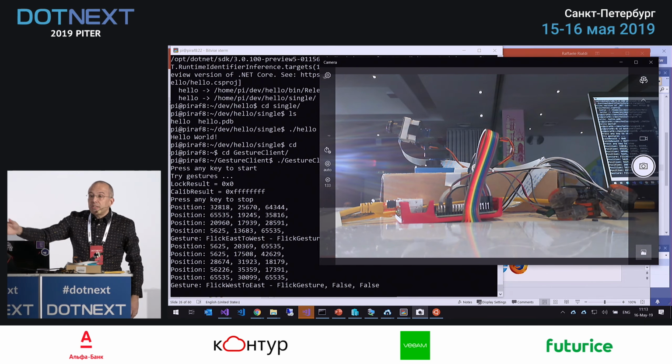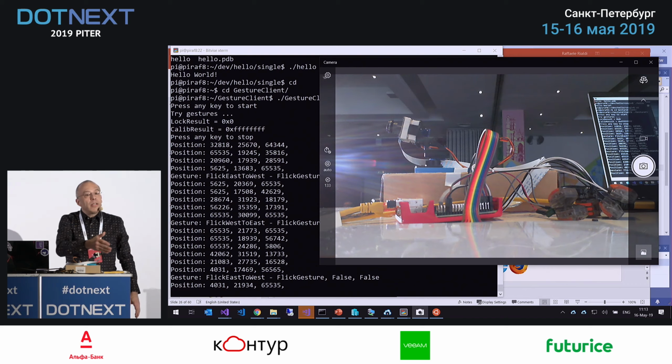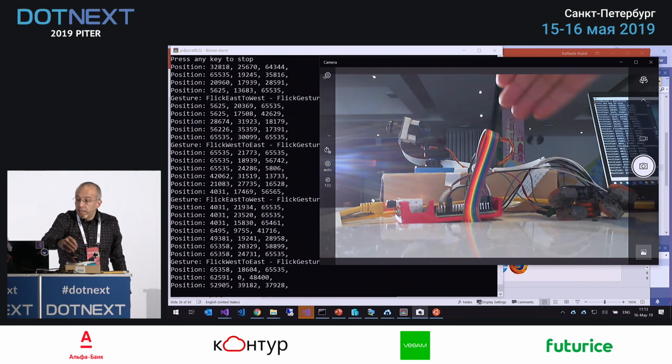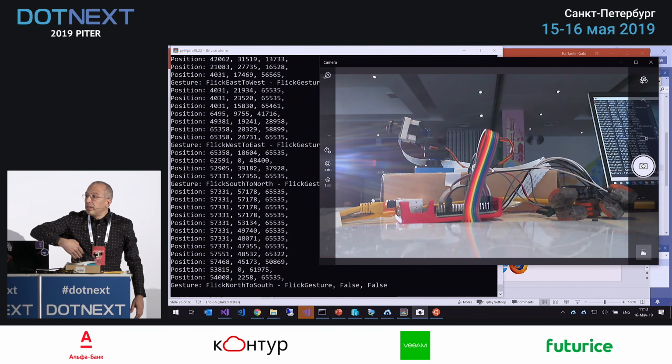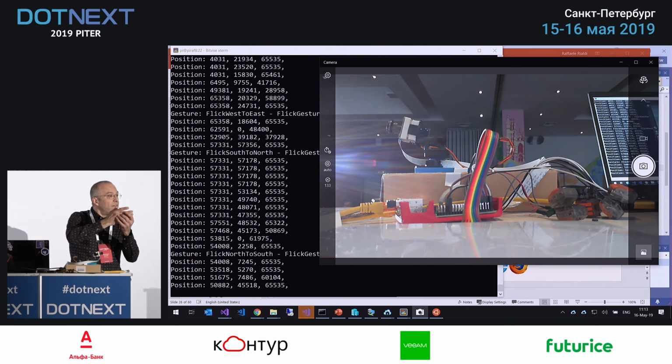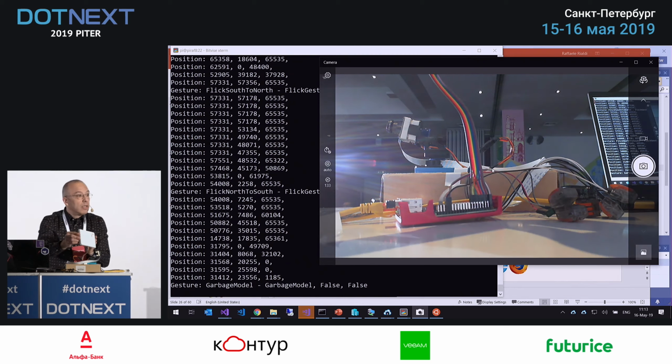Flick east to west, west to east, but I am not touching the controller. I'm just moving my hand over. And the interference of my hand over this plate, you see, this one,